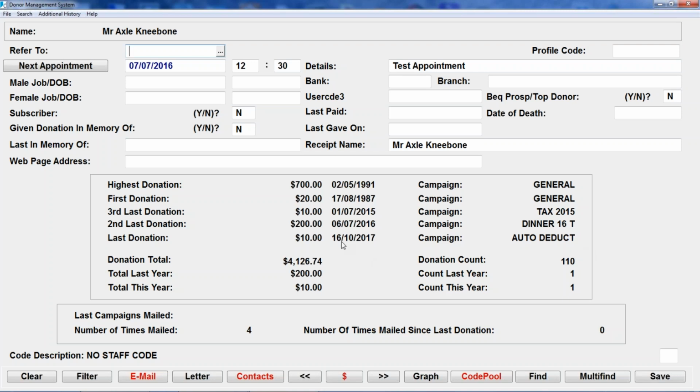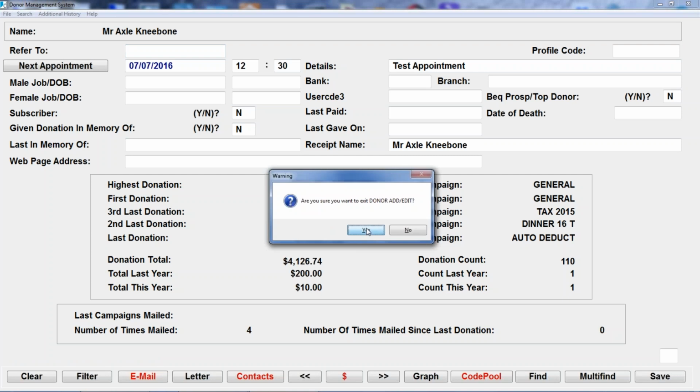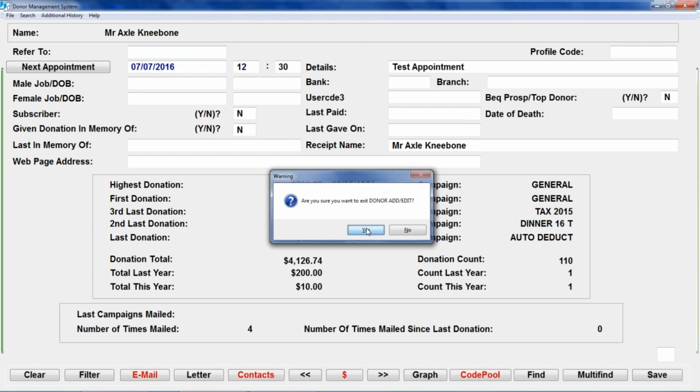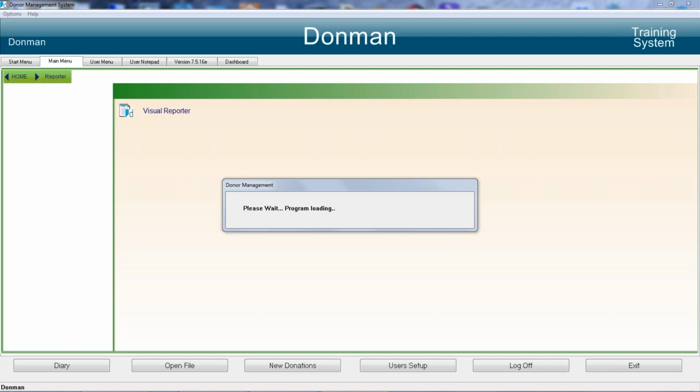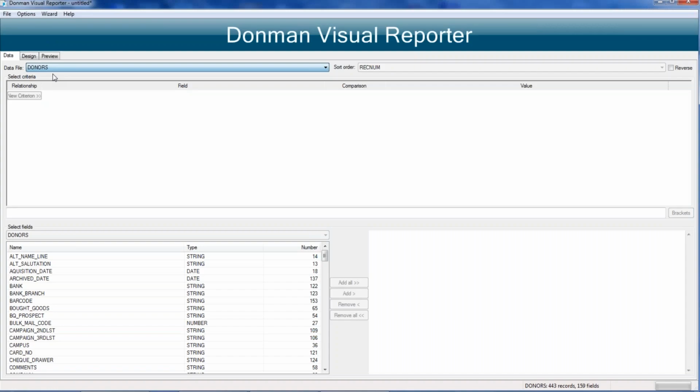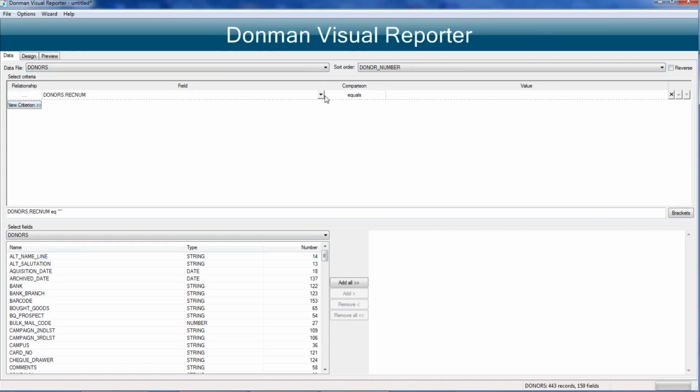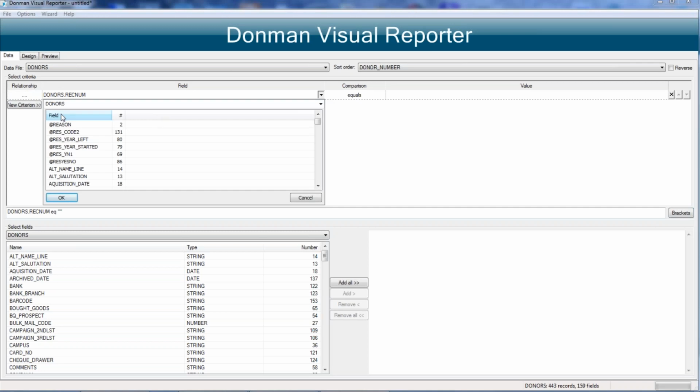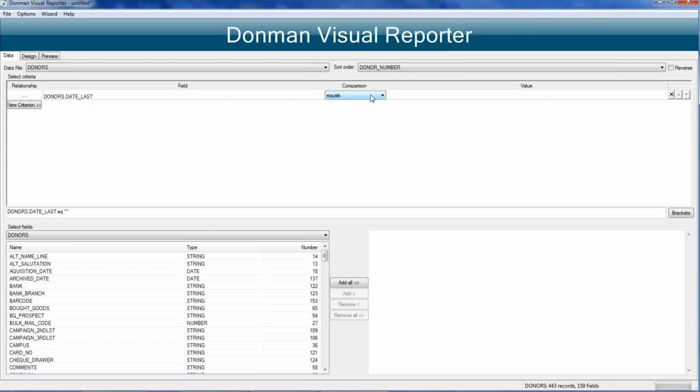For things like people who've given in a certain date range, the last field here, where it's got last donation, will show me the date of last gift, and date of first gift and last three. So this is something I can then use in my report. If we go back to Visrep quickly, in this case I'm going to report on donors. I'll just sort them by donor number, but I can now say I'm looking for donors, date last, greater than or equal,